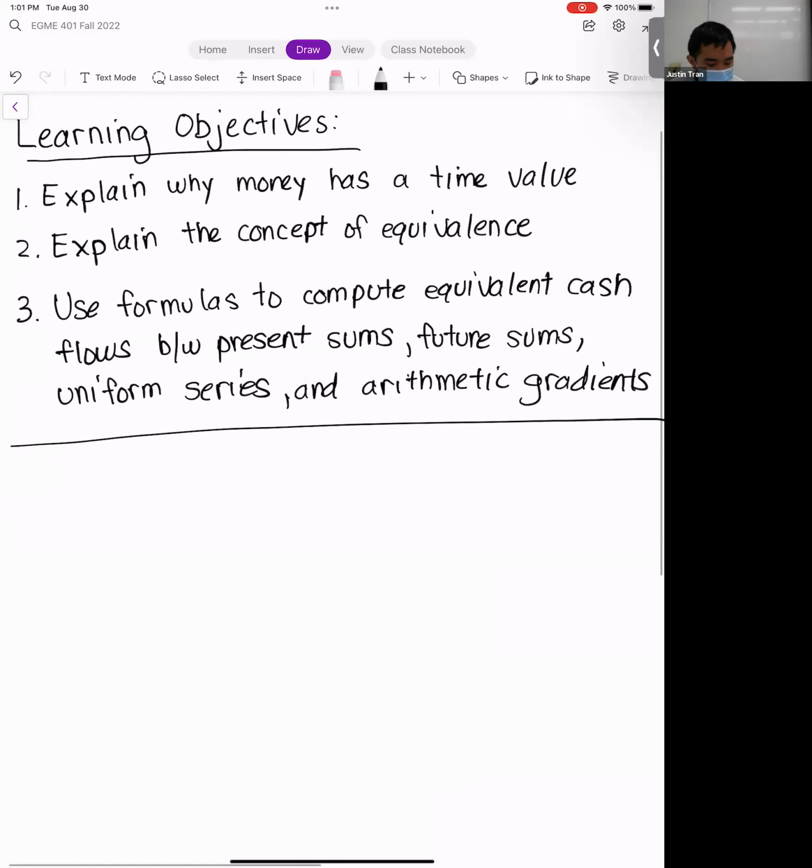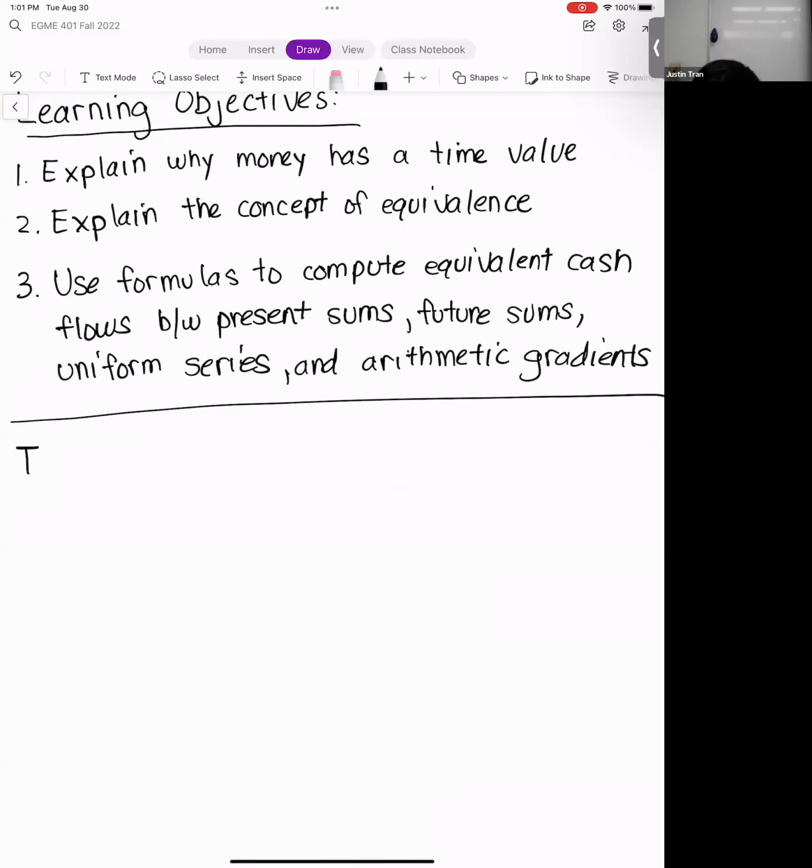Last week we left the lecture with a hypothetical situation, based around the idea that the value of money changes with time. So let's pick up right where we left off and talk about the time value of money. If you remember from last Thursday, the hypothetical situation I left you with is that you can have two options. You can either have $100 right now, or you can have that $100 a year from now. It's the exact same $100 bill.